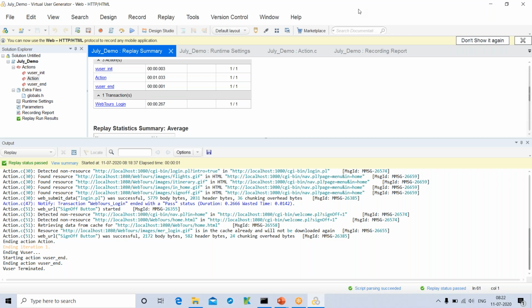It will support Citrix applications. There is no other tool in the market which is bundled with this many protocols. Also, LoadRunner has a major share in the market when compared to other tools.